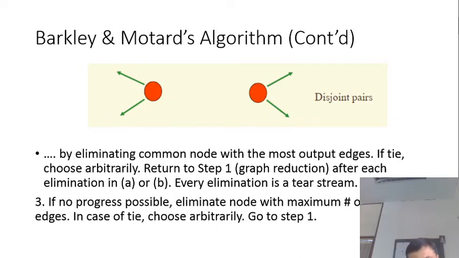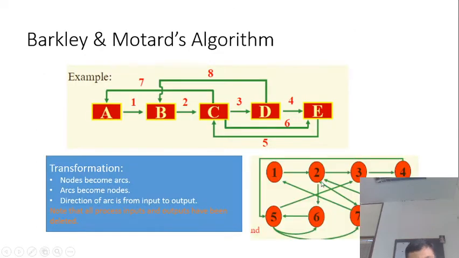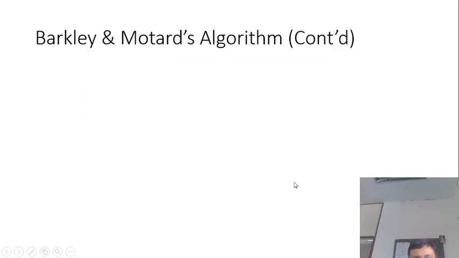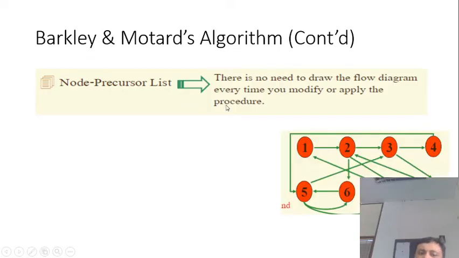So keep on applying these rules till your entire node precursor table is eliminated and you have your TS set at the end of the entire application. As I told you, you have to apply these rules n number of times till the graph is reduced, and it is quite possible that in some of the examples you may not need a specific rule to be applied. After application of some of the rules, in between you might need to redraw this diagram, but it's not necessary that you draw the diagram after every application of the rules. You just keep on making this table.